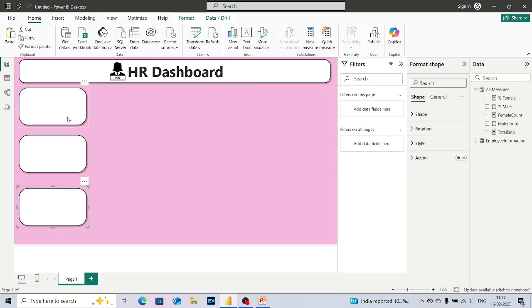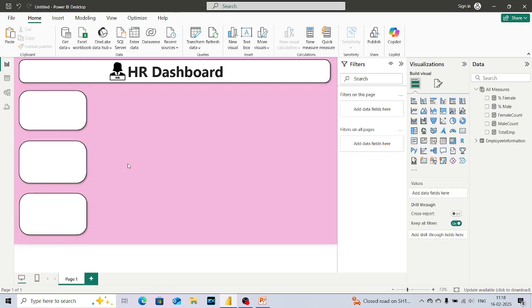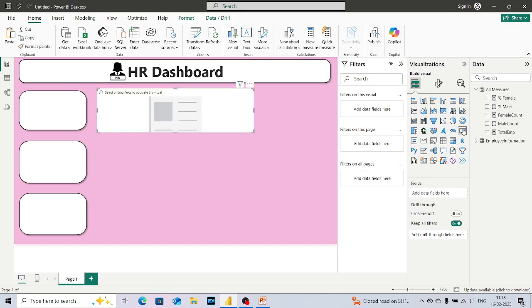So what I'm going to do is I'm going to arrange them. So if you design just one thing properly first, then you can just format it, right, to other things also. Now it depends upon your creativity, whatever things you like. We have these three things. Now how are we going to show these values, right? So I'm going to take a card from here that will represent the total